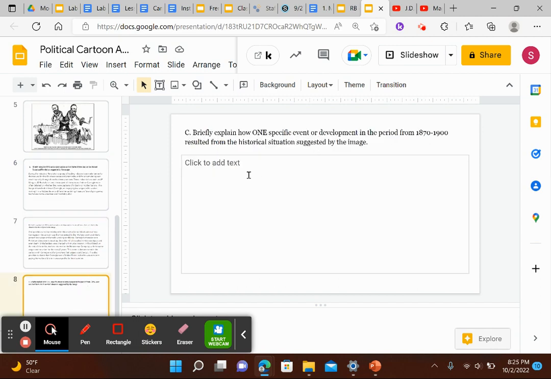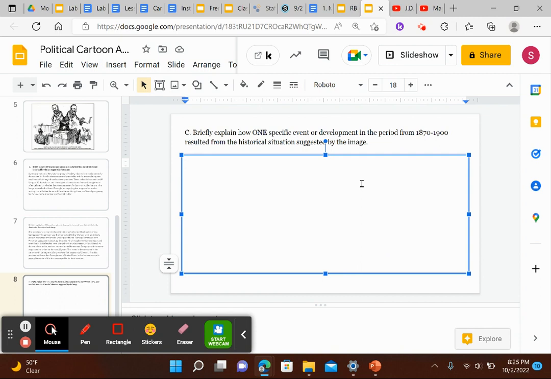Now, the last question here is briefly explain how one specific event or development in the period resulted from the historical situation suggested by the image. So, I'm going to go back to the readings that we did yesterday with some of the documents, and it talked a bit about how Andrew Carnegie wound up selling Carnegie Steel and spending the rest of his life as a philanthropist. So I'm going to say one development that resulted from this era is that Carnegie